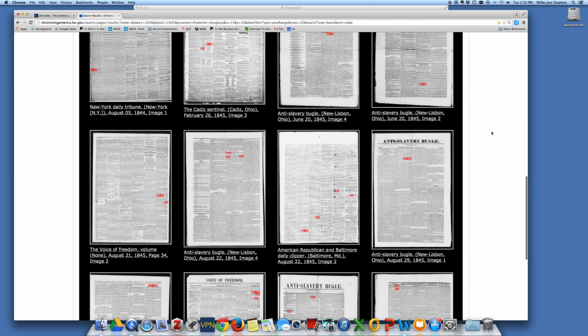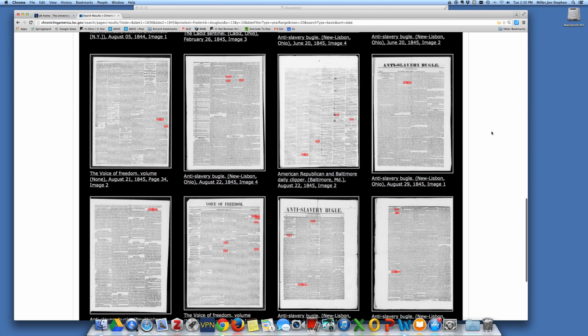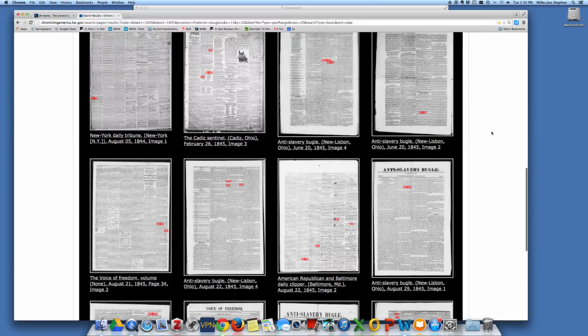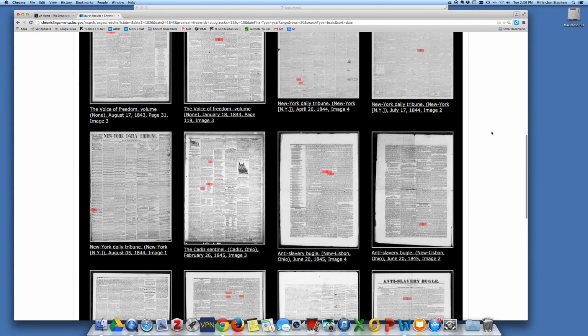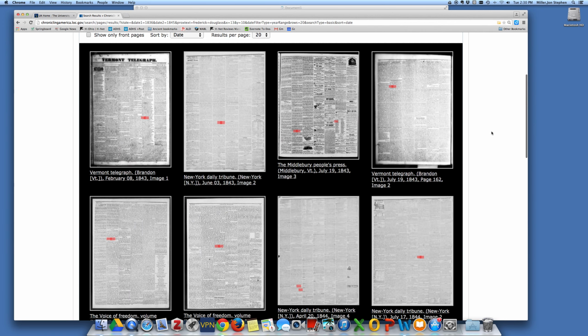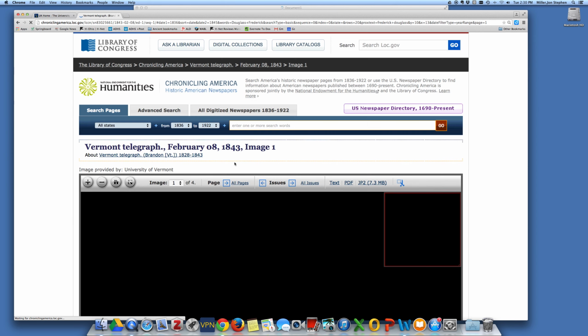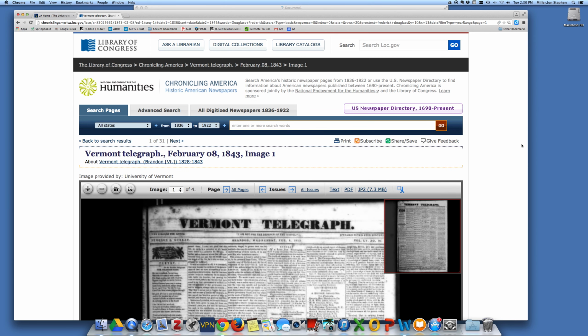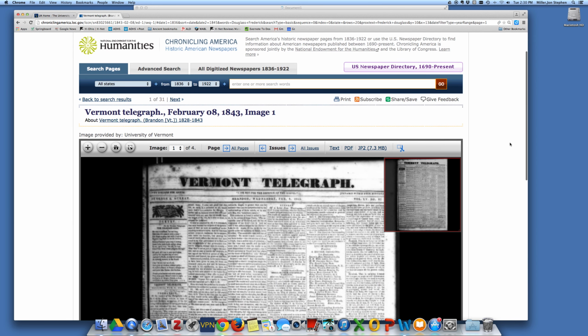So, a lot of choices here. Looks like 1845 is a pretty busy time for Douglass being mentioned here. And here's the earliest one. Let's take a look at this. Vermont Telegraph, 1844. Okay, the way this site works,